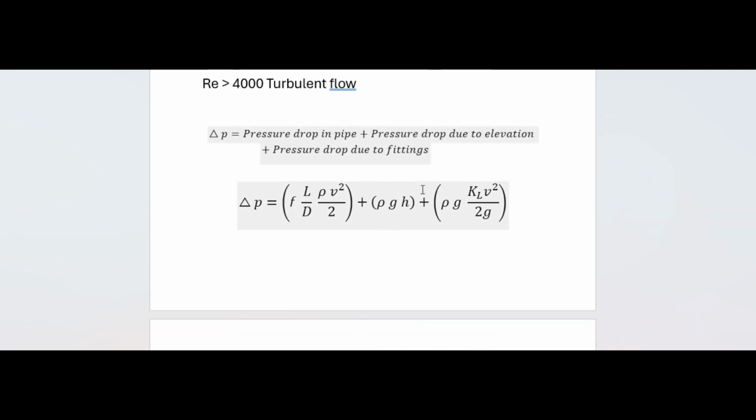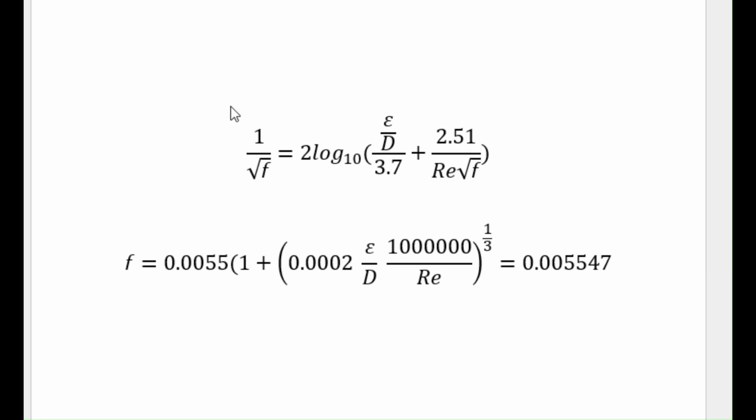And then, so we could put all the numbers here. This one we will delete, and the L, we would use the 70.1 meter. And we just need to find the friction factor. So the way to calculate friction factor,